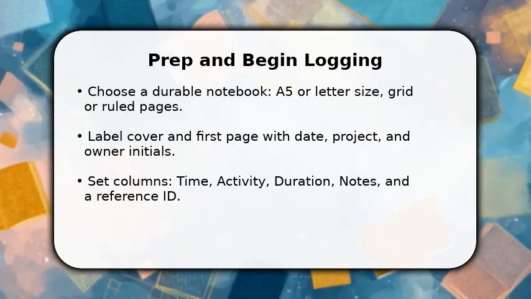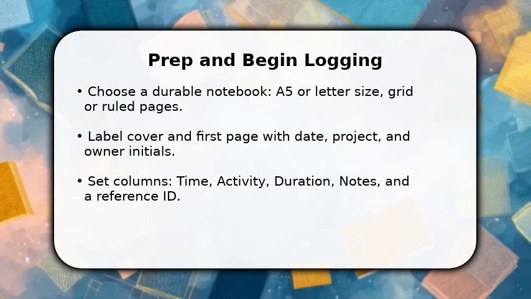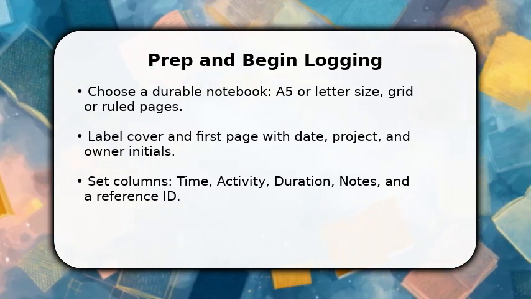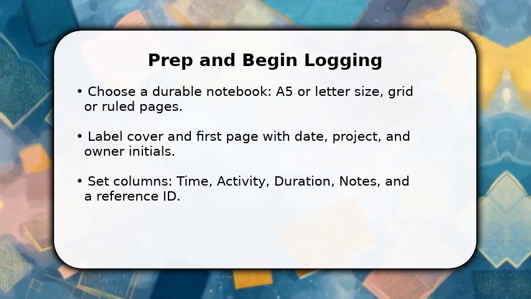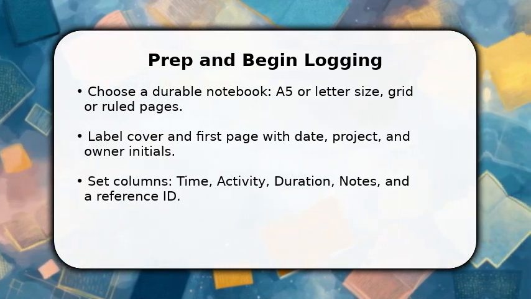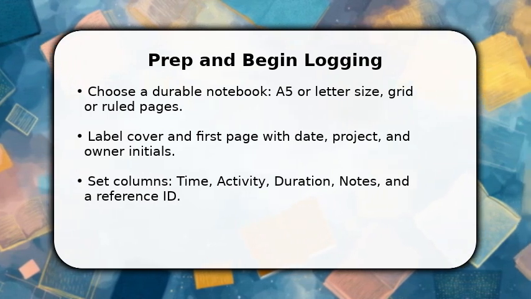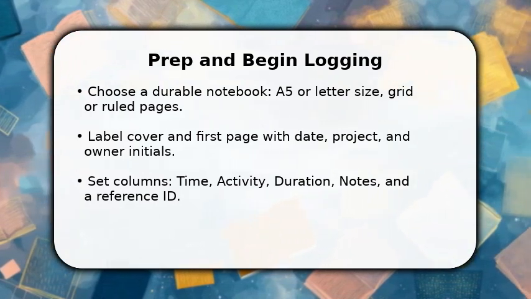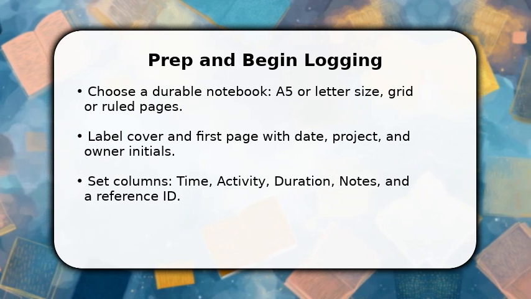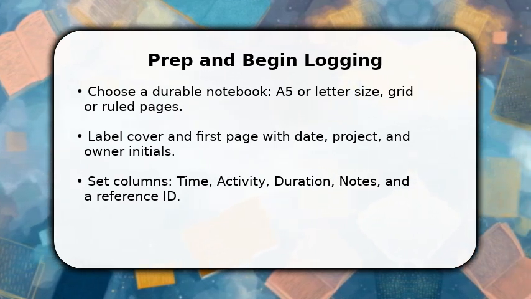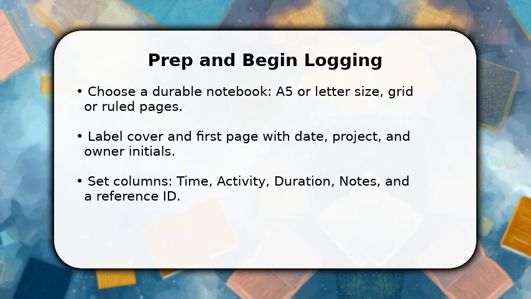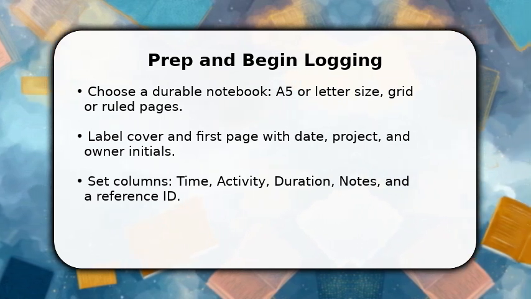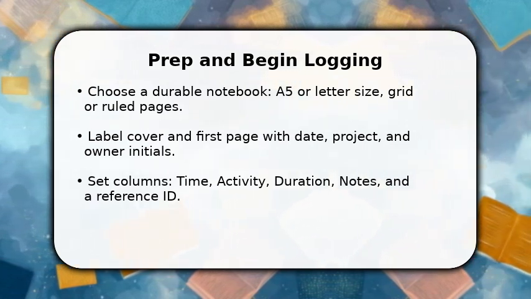You start by selecting a sturdy notebook and marking the cover so it's unmistakable. Once done, write the date and project on page 1, then draw the column headings: time, activity, duration, notes, and ID. You must use clear handwriting and a consistent time format like 09:00 or 14:30 so entries remain sortable. Now create an index entry for page numbers to avoid lost logs, and begin your first timed entry immediately